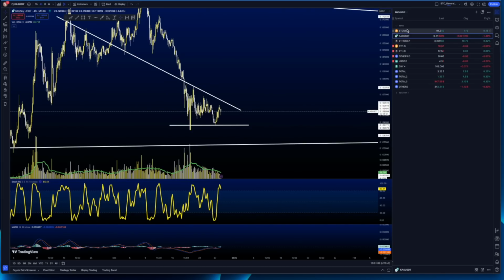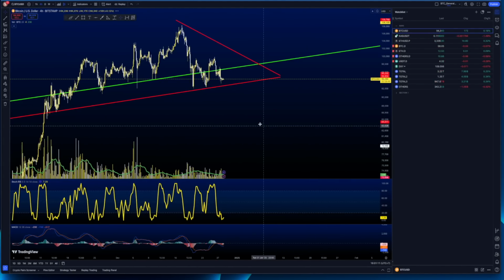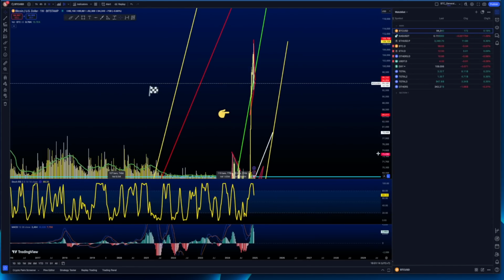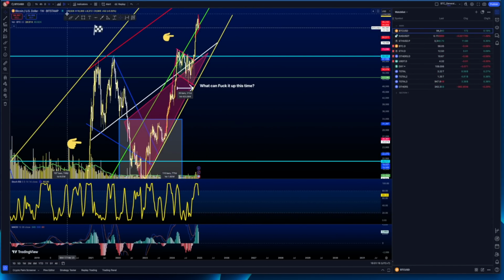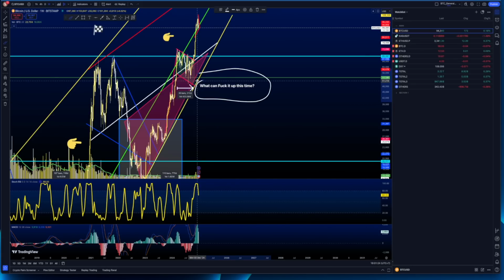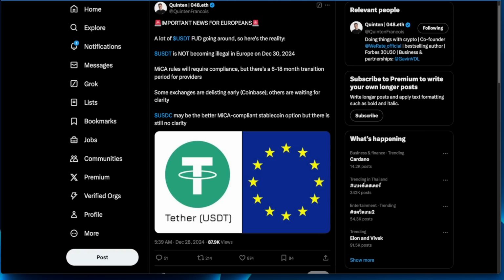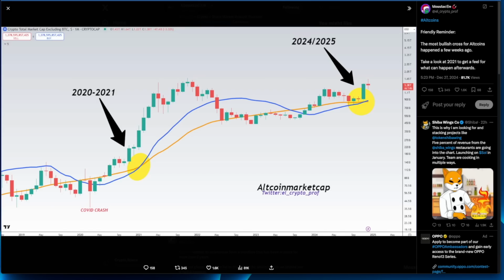And that actually brings me to my BTC chart. Let me zoom this out a little bit. You probably remember, if you follow, that I asked this question: what can mess up our altcoin season this time? Just like COVID last time, we had a big dive, and after that a big pump for Bitcoin and the overall market. The question is what can potentially mess things up during this cycle. I'm not saying that this is going to be it, but potentially. Even if it is, it's going to be short term. I don't give a damn, to be honest with you. I'm holding my crypto because I know what's going to happen.